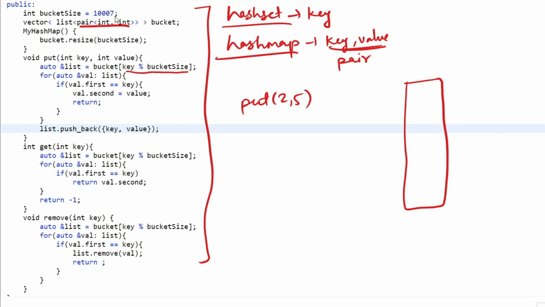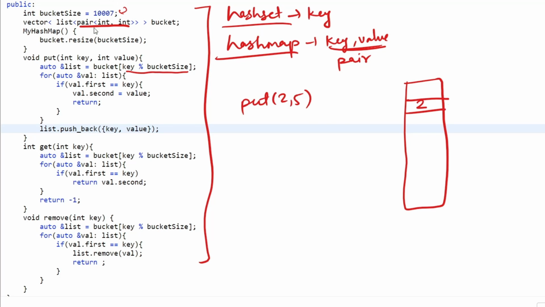We are taking a prime number, you can take any prime number, so that we have a minimum number of collisions and our map is evenly distributed. That's why we are taking a prime number. So if I do put 2 comma 5, first of all it will calculate its index, and the index will be 2 modulo this, which will be 2. So this is our index.